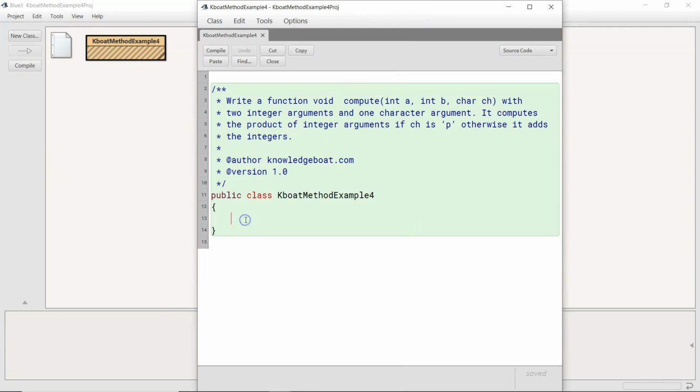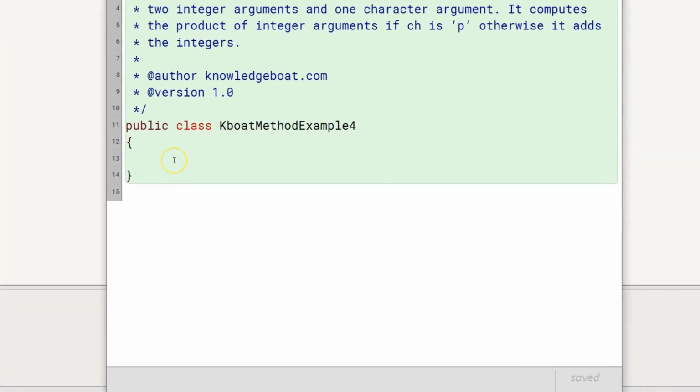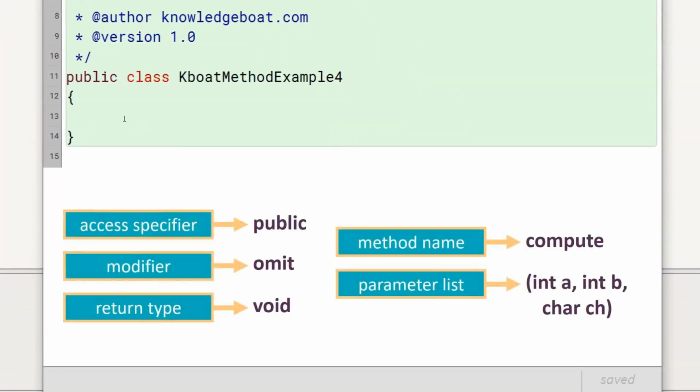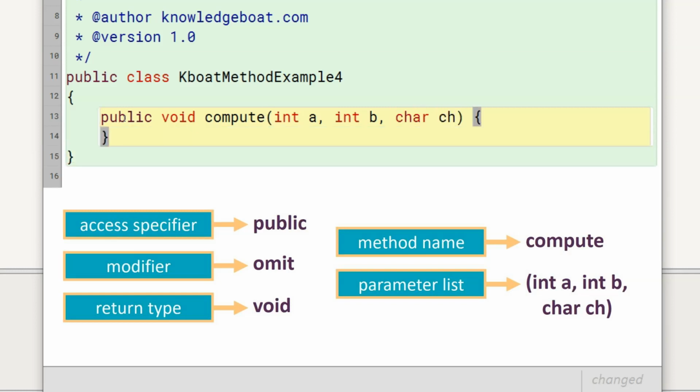I will write the method prototype now. Public void compute int a, int b, char ch. So the prototype is exactly as given in the question.